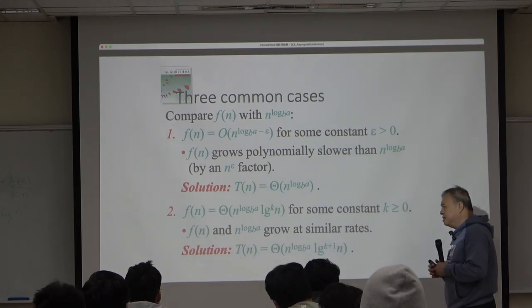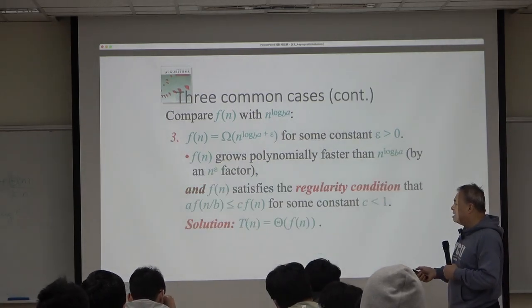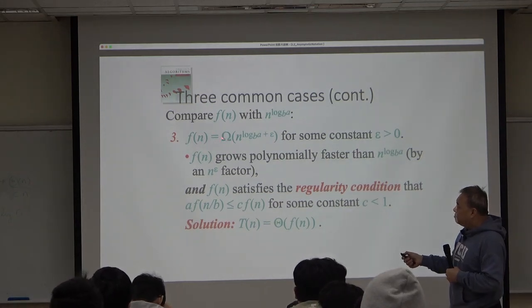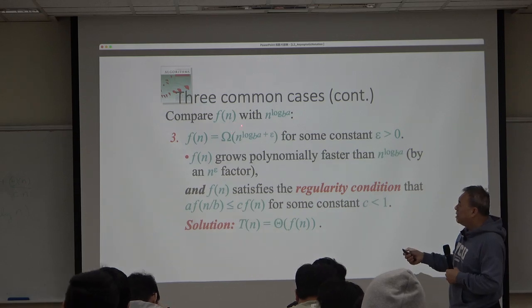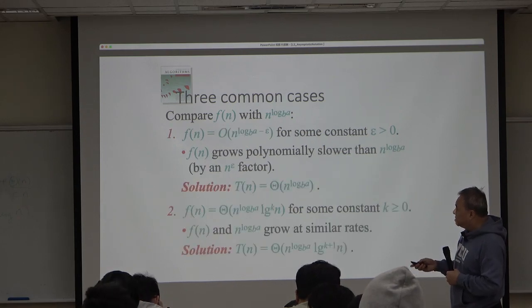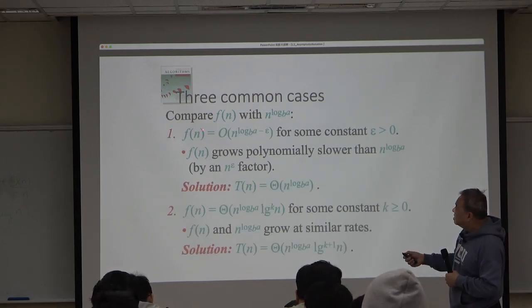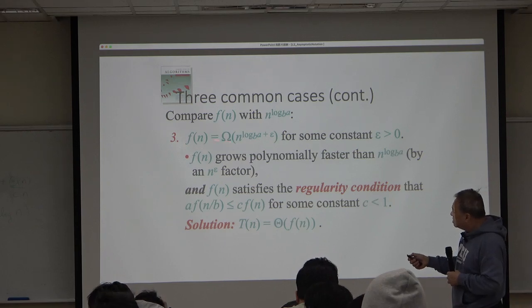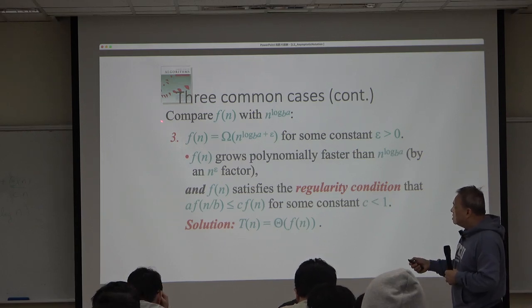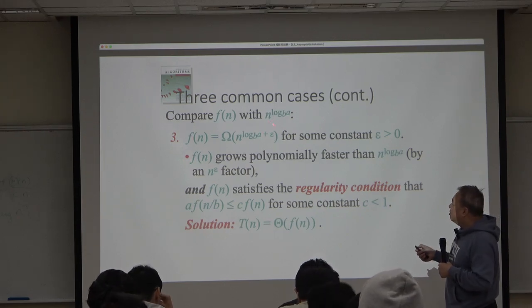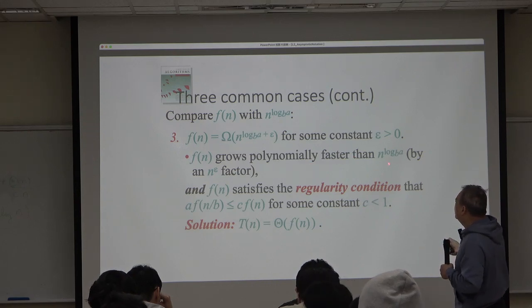So that's the second case. The third case is f of n is Big Omega of n to the power of log base b of a plus epsilon. The first one is Big O, an upper bound. The third one is a lower bound. So if that's the case, we say f of n, the merge cost, grows polynomially faster than n to the log base b of a,